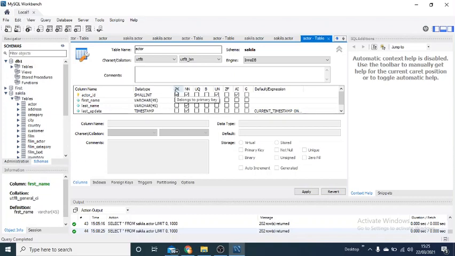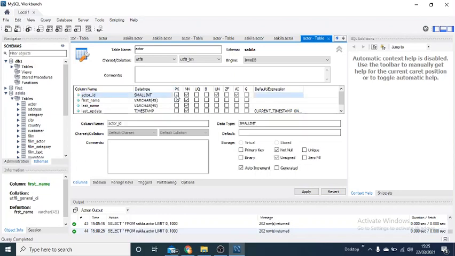PK stands for primary key. The same thing you can see here as well for the full form. That means whether actor ID is the primary key of the table or not. If you uncheck it, it will become a non-primary key. So if you want to make it primary, just click it, right? If you want to make something else a primary key as well, you can click this checkbox.